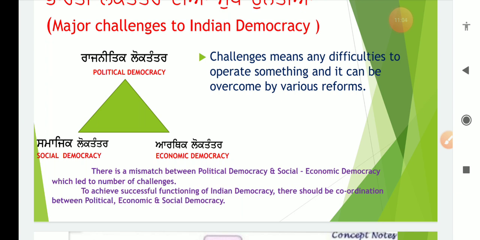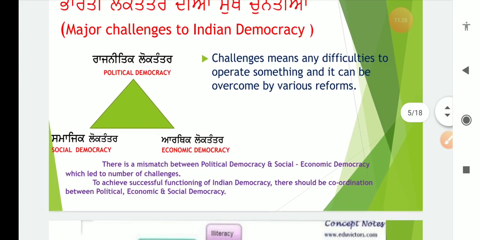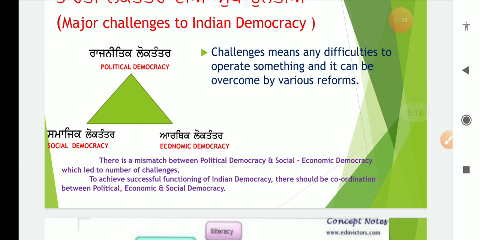Even in political democracy, those having money can fight elections and do whatever they wish. Elections have become quite costly in India, so there are big challenges even in the sense of political democracy. So these three factors